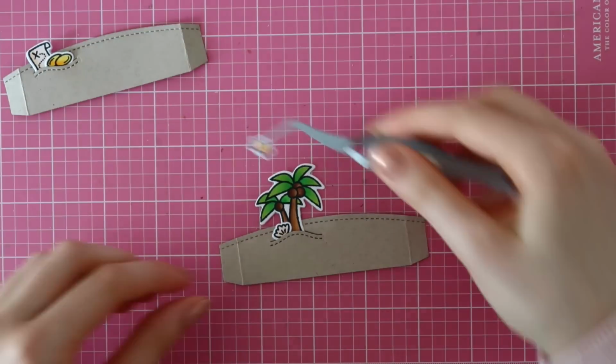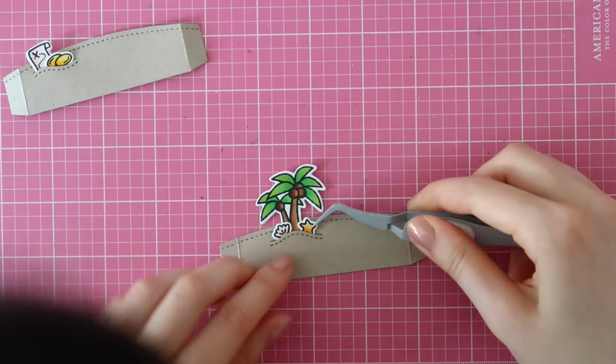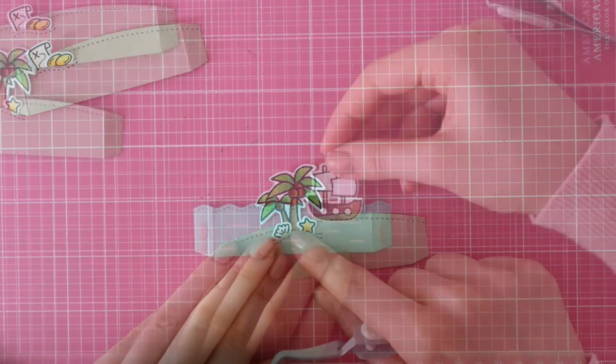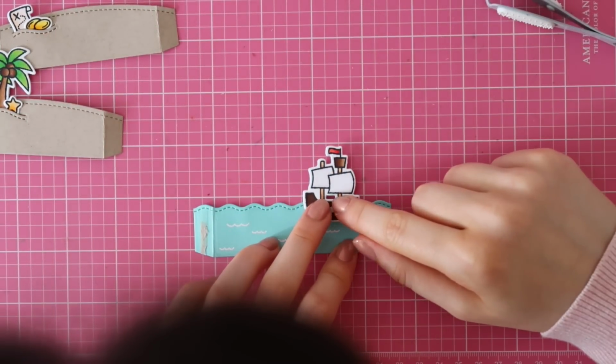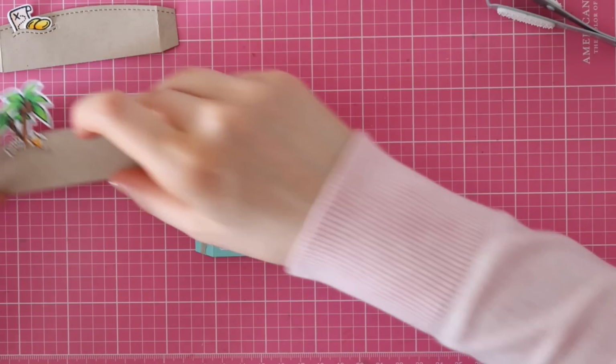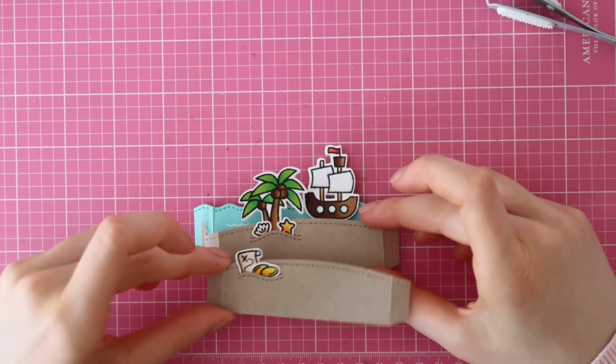I'm also going to adhere my little starfish over here. This is from the On the Beach stamp set from Fawn. So are those little shells, by the way. I'm adhering my little boat on my ocean insert, and then when you line these up, you have to make